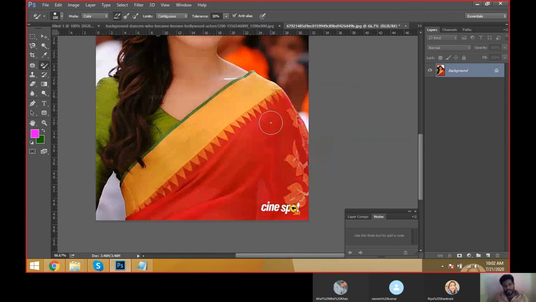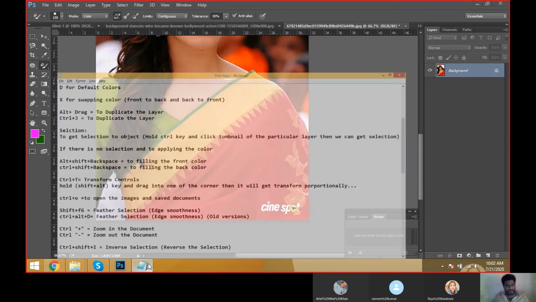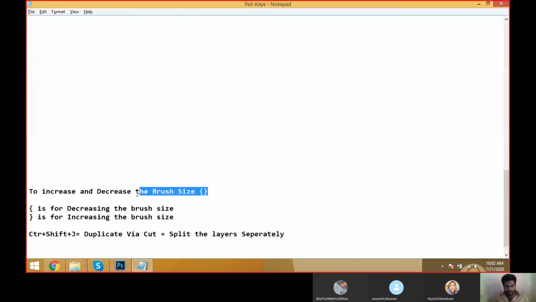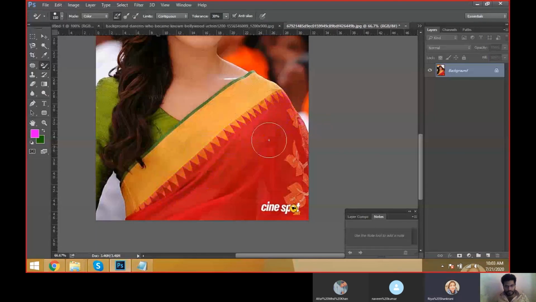Take the zoom; for increasing and decreasing the brush size, use the square brackets. I already explained that here. Like this we can apply and change the saree color.